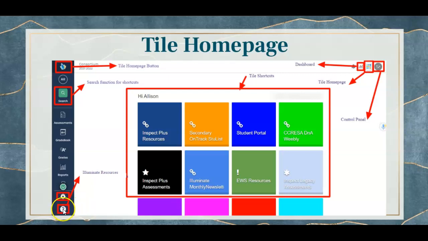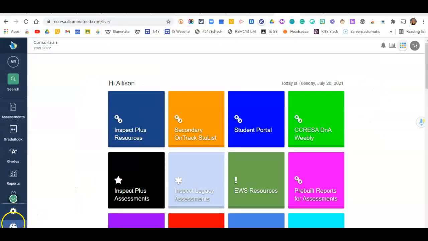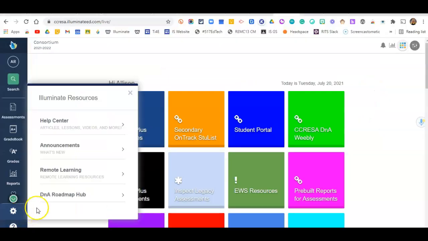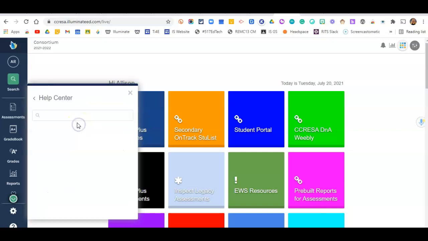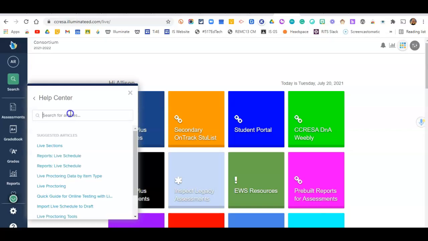In the bottom left-hand corner, you will see a little question mark button. If you click on that button, it will take you to various Illuminate resources. So if I click the little question mark, it pops up Illuminate resources. The first item is called the Help Center, and I think this is what you'll find most helpful on a regular basis. If you click on the Help Center, you can search by keyword